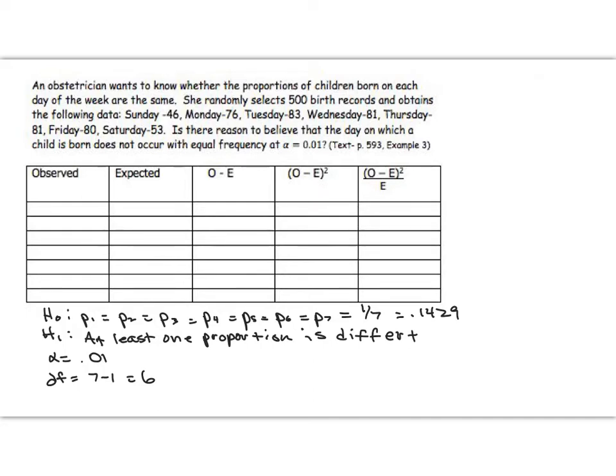Now we have to worry about getting our test statistics. So I'm not going to draw a symmetrical curve because chi-square isn't symmetric. But I need a way to find chi-square alpha. That's the value I'm going to be comparing against when I calculate my test statistic. So this is where there is no inverse chi-square on your calculator. You would need to look at a table for this, and that